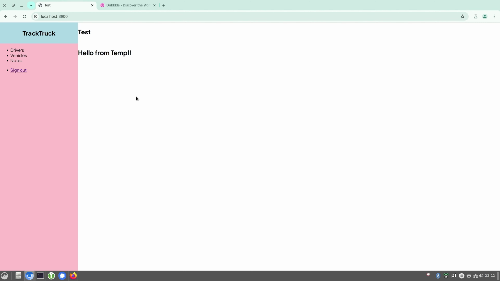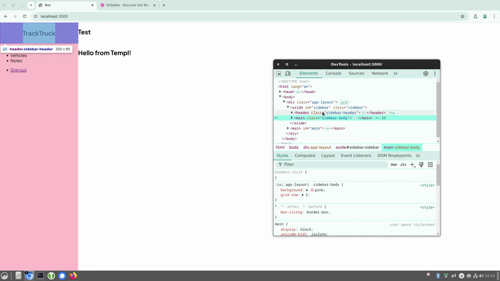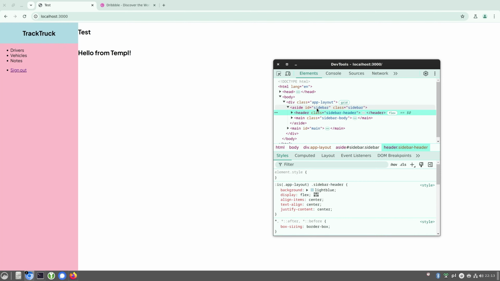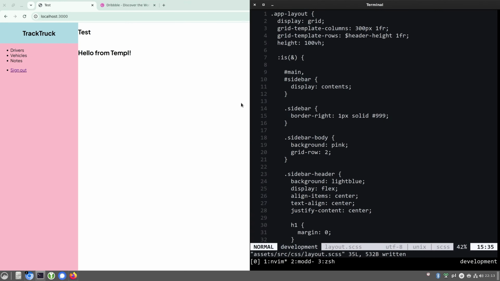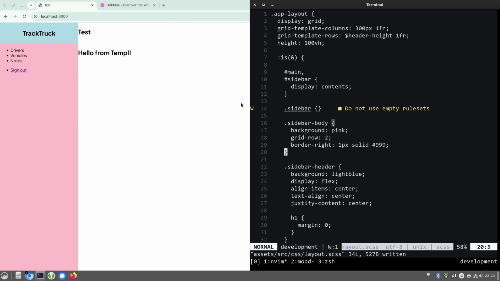Do I have a border? No, I don't, because everything here is basically this. Okay, so I have to set the borders separately on each of these. Okay, so sidebar body has a border on the right,